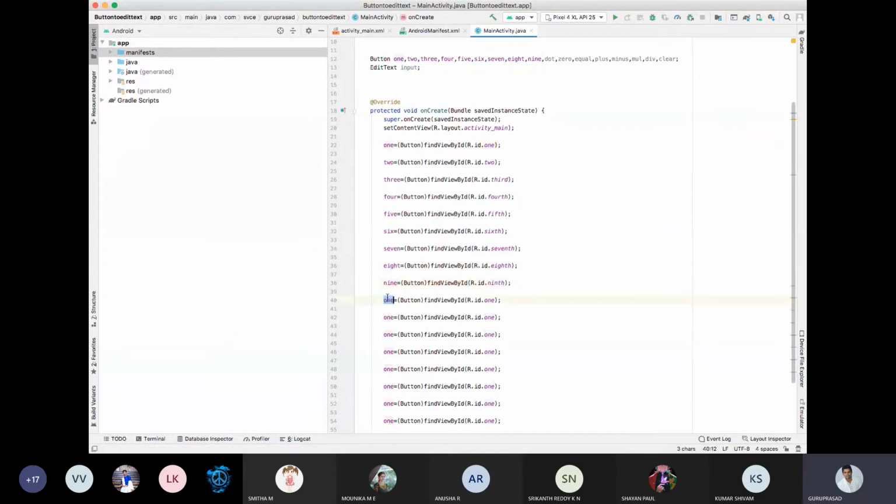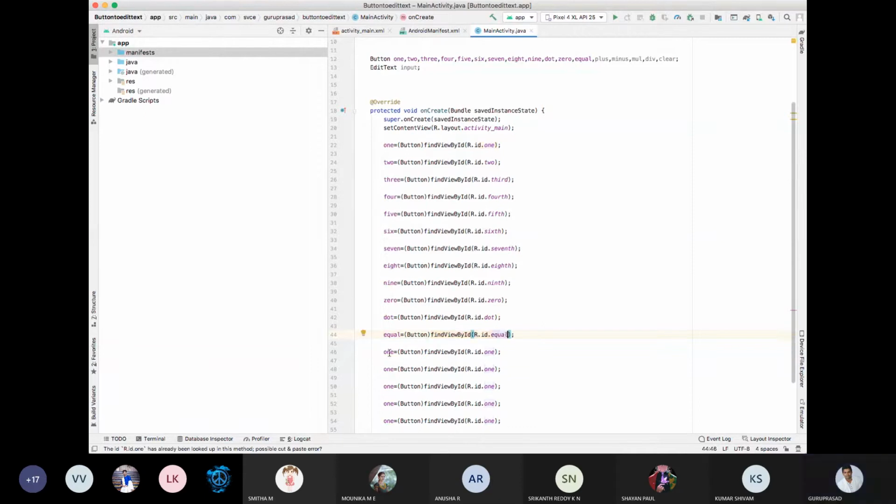Next, after that, equals is equal to equal. Next, plus is equal to plus. Next, minus is equal to minus.